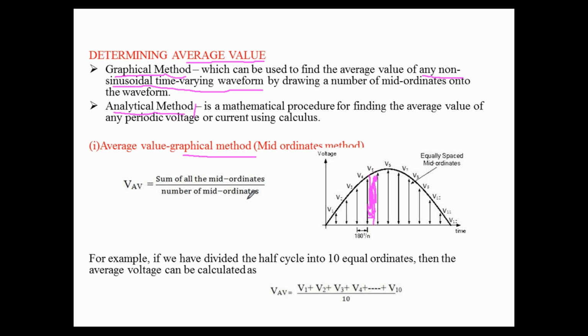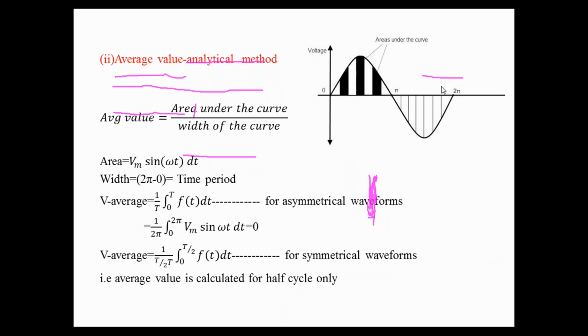Simple one is that. So for example, we want to calculate the average value of 5 numbers. How can we calculate its average value? Sum of all of the 5 numbers by the number of such numbers. Like that here also, this waveform is graphically divided into some equal portions. The sum of those equal portions is divided by the number of those equal portions. Now, if I want to calculate the same value for a sinusoidal waveform, here.